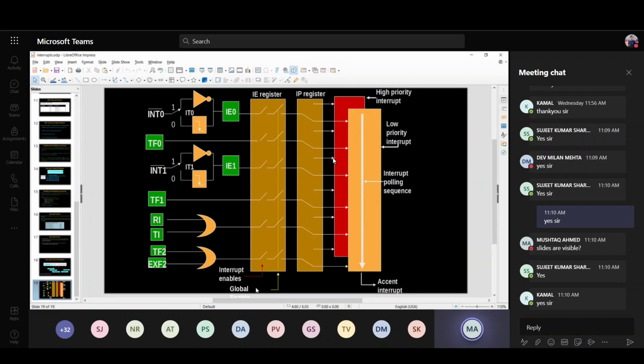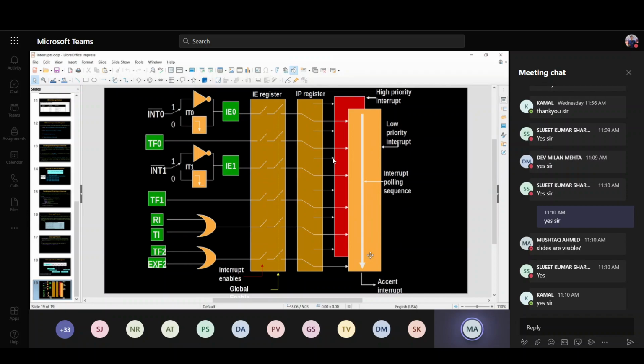But if global enable EA is set to 1, then all the interrupts are enabled. Then we check individually whether that interrupt is enabled or masked. If it is enabled, we look into the interrupt priority register, which has the priority. We execute the highest priority interrupt first, and then the lowest priority interrupt.